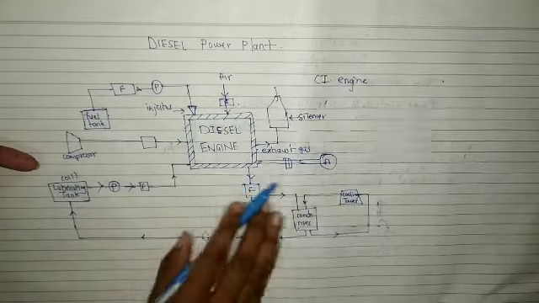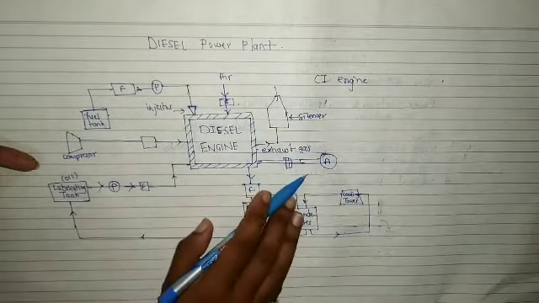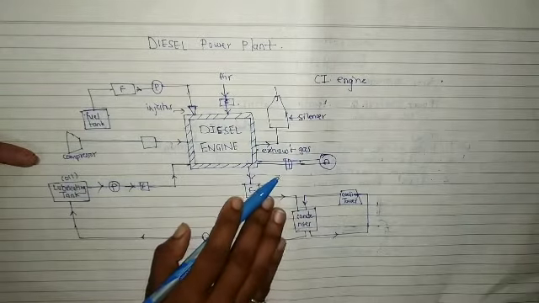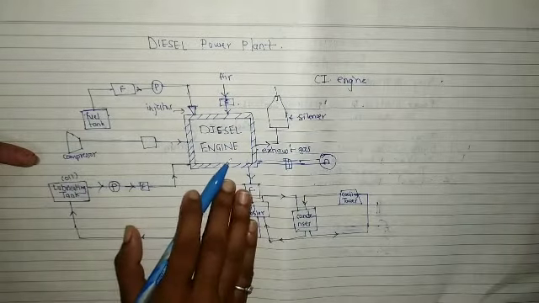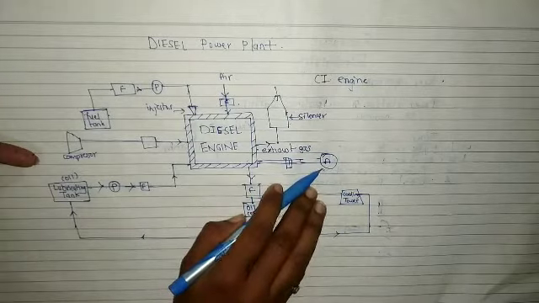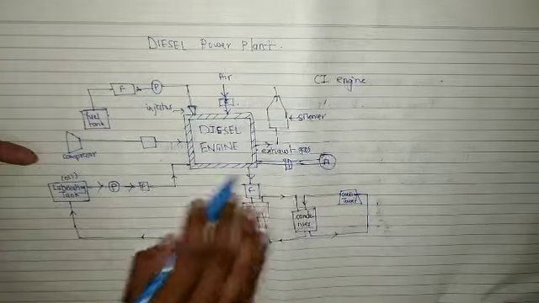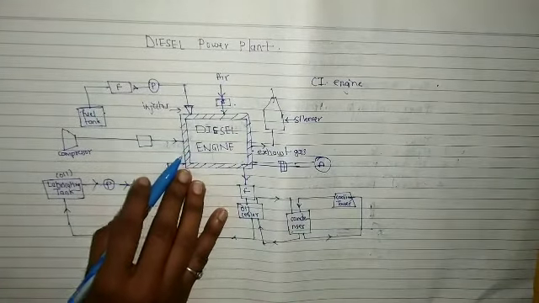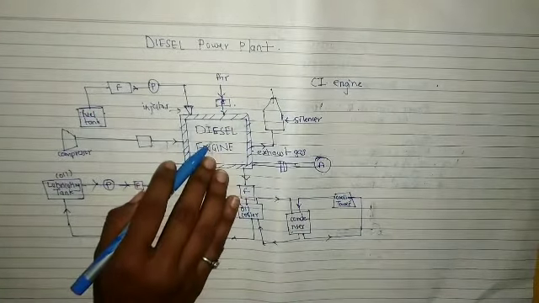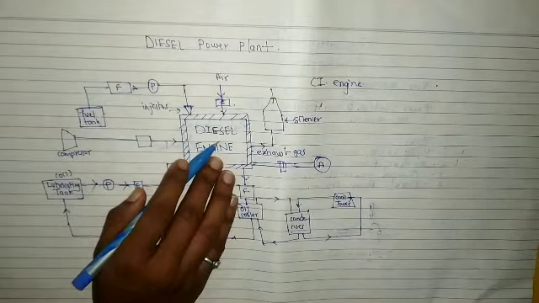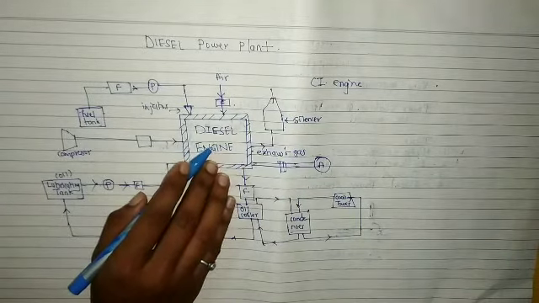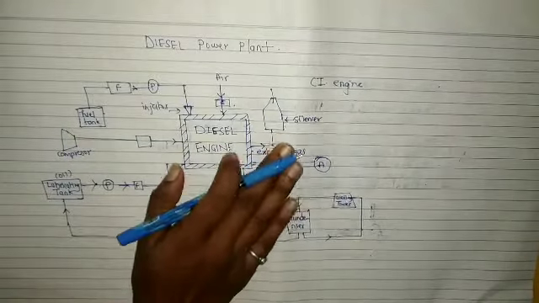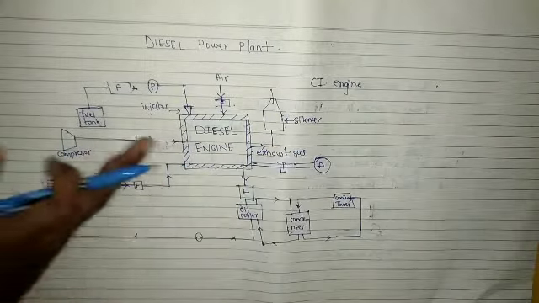Now you know that engine is directly coupled to the alternator. So whenever the engine works, the alternator will produce our electricity, right? But now here the engine, for the initial starting, it will not start initially, right? So for making the engine start the first time, what we have to do? We have to provide the air.